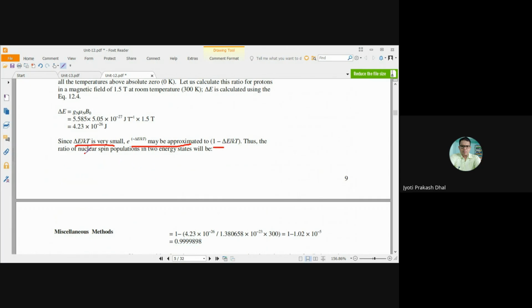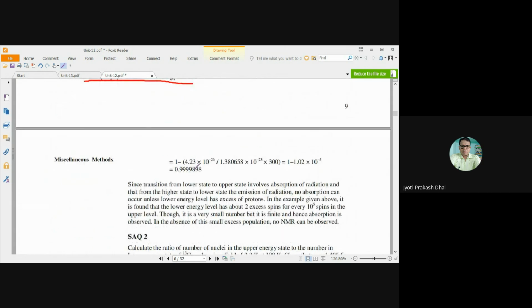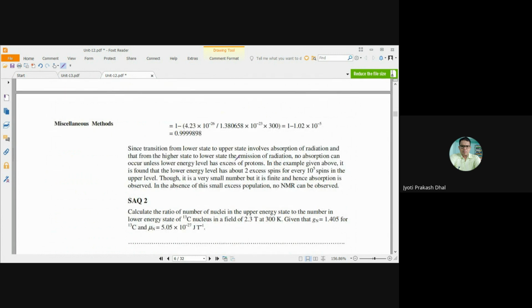Thus, the ratio of nuclear spin populated in the two energy levels will be 0.9999898. That means the number of populations of the two energy levels will be approximately the same. Since the transition from the lower state to the upper state involves the absorption of radiation, and that from the higher state to the lower state, the emission of radiation, no absorption can occur unless the lower energy level has an excess of protons. So, in the above given example, it is found that the lower energy level has about 2 excess